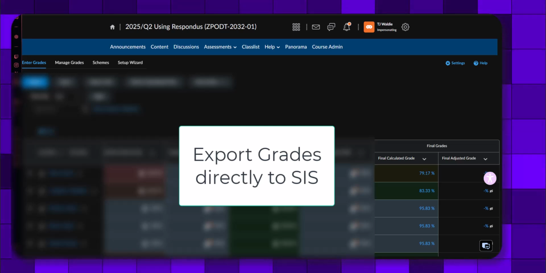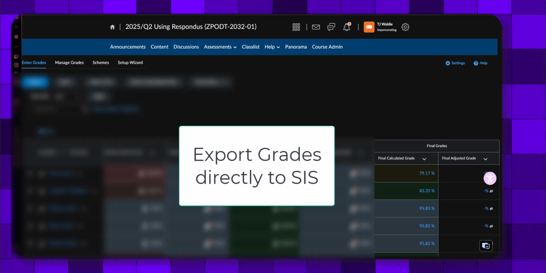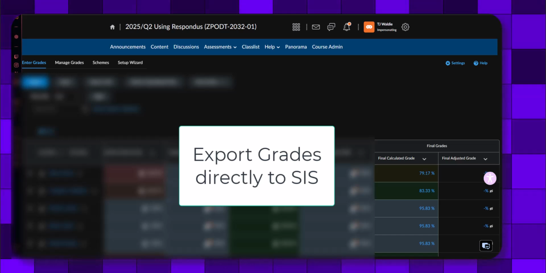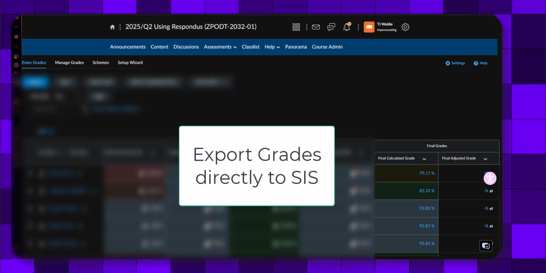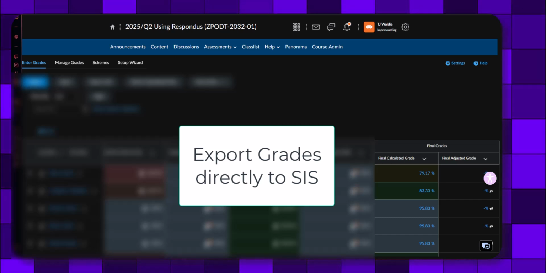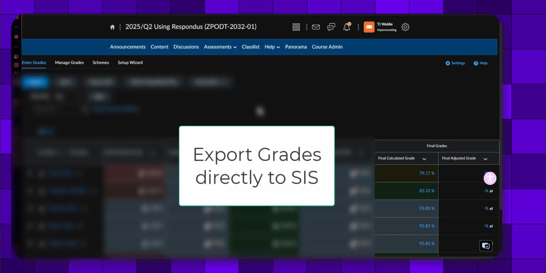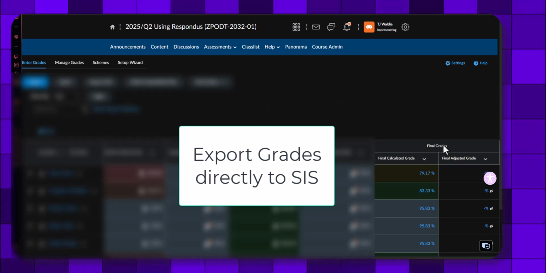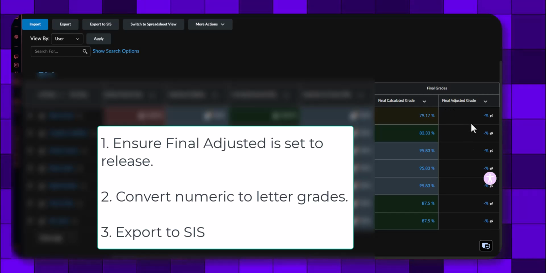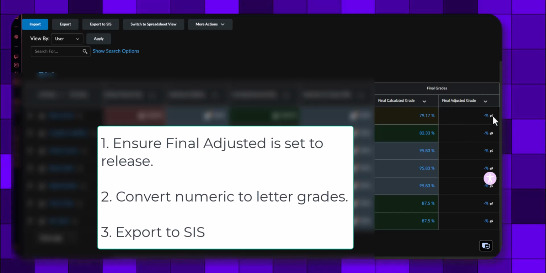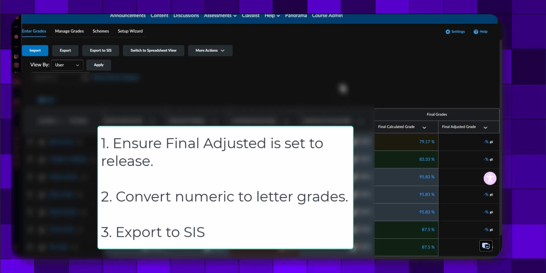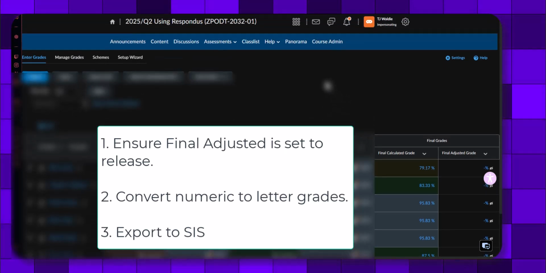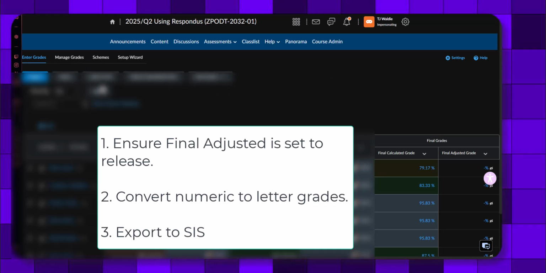Welcome to everyone's favorite time of the year, submitting grades. With the new export to SIS feature in the Brightspace gradebook, hopefully things are easier and more certain than they've ever been. Some of the things we'll have to do are going to be reminiscent of our old methods, where we have to ensure that the final adjusted grade column has grade values and is set to be released. Then we'll have to do a slight conversion, and then we can export to the SIS,